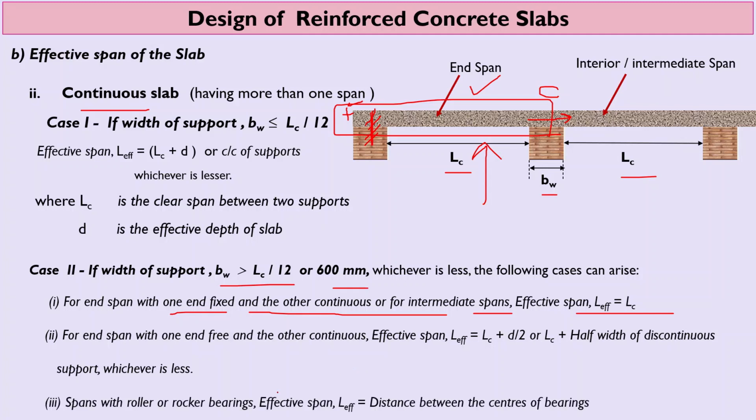And the third one, which we have already discussed in case of beams also, is a span with roller or rocker bearing, where L effective will be the distance between the centers of the bearings. So by this step we will be able to work out the effective span of the slab based on the various types of end conditions and based on the width of the